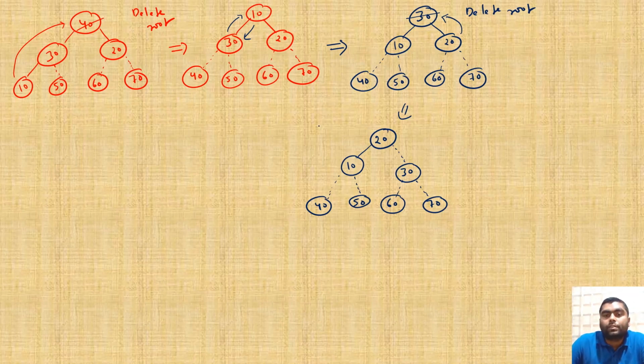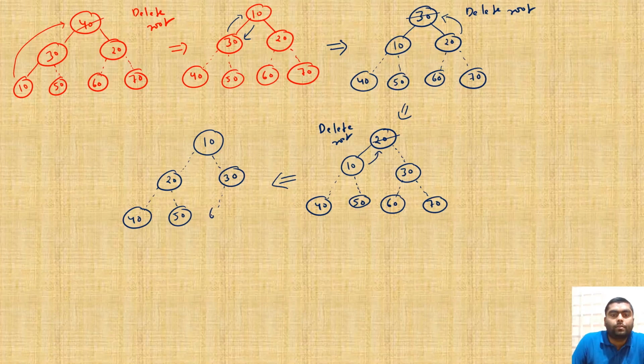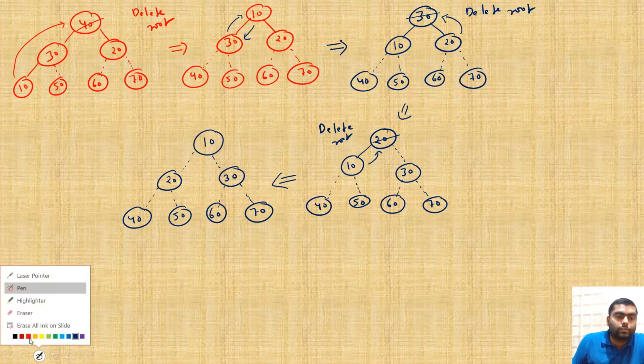So now delete root once again. Delete root. So as soon as you delete root, what will be the replacement? 10 will be the replacement. So what is the value finally? 10 you will get over here. Then 20 will be the sorted. 20. Then this is also sorted. 30. All these are sorted elements: 40, 50, 60 and 70. So all these are sorted elements. Now it is sorted.